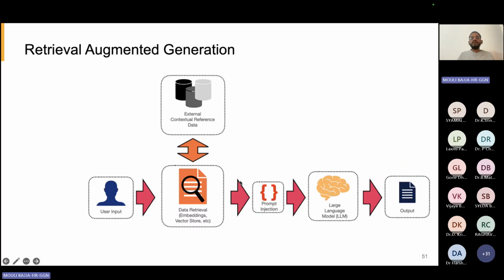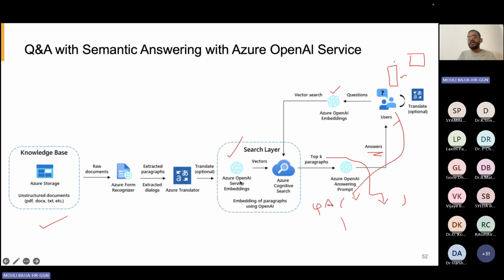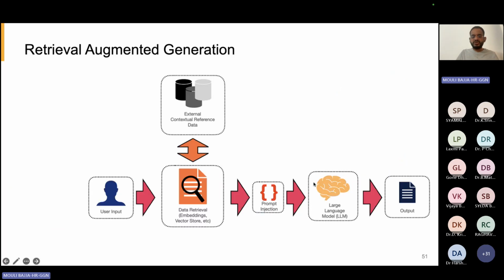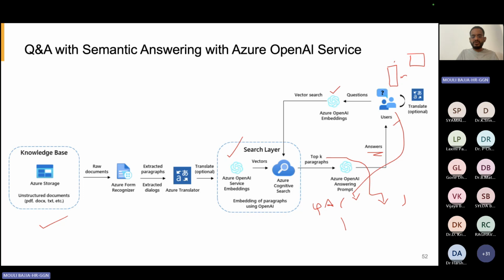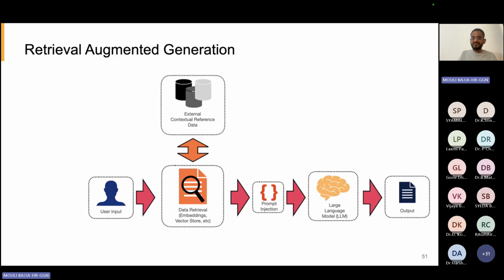Now, if you have to run that, how exactly are these top 5 paragraphs being used? This is called retrieval augmented generation, RAG. In fact, when I built retrieval augmented generation the first time in March 2023, this was not even a concept. This was a very, very rarely used concept. But then for our client, we had to build something like this.